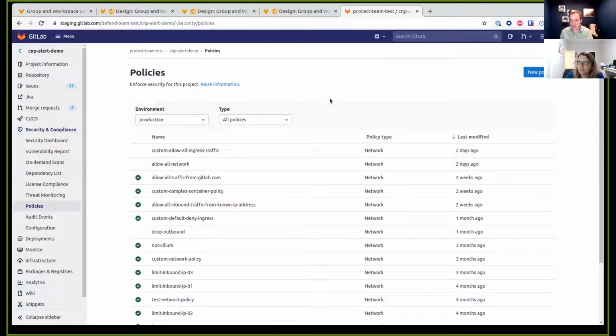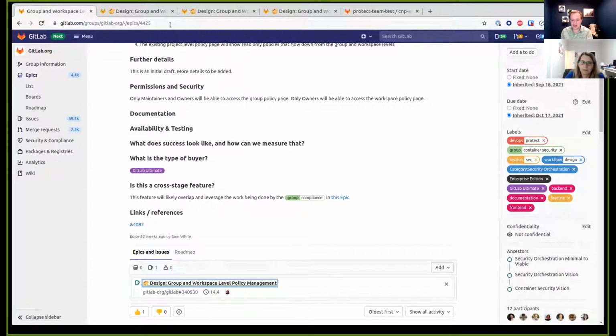And these policies let them do a really wide variety of things, everything from requiring certain security scans to be run to requiring MR approvals when certain numbers of vulnerabilities are found. There's a really wide range of things that these are going to address. But right now we've got an epic open, and I can share this with you in Slack so it doesn't get lost in the Zoom thread.